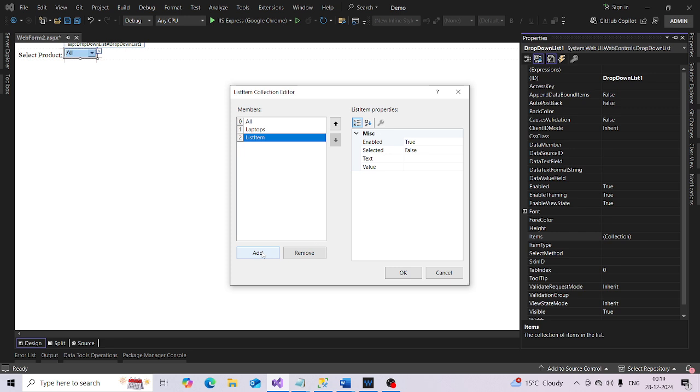iPhone. Text iPhone, value is also iPhone. Okay, here we are giving the same name to text and value. What is the product name? Okay,